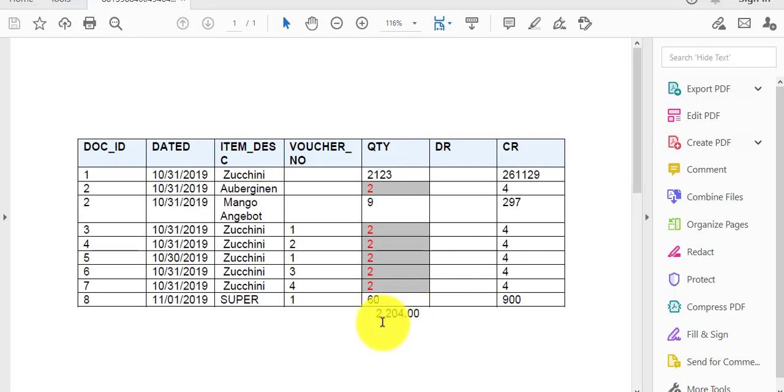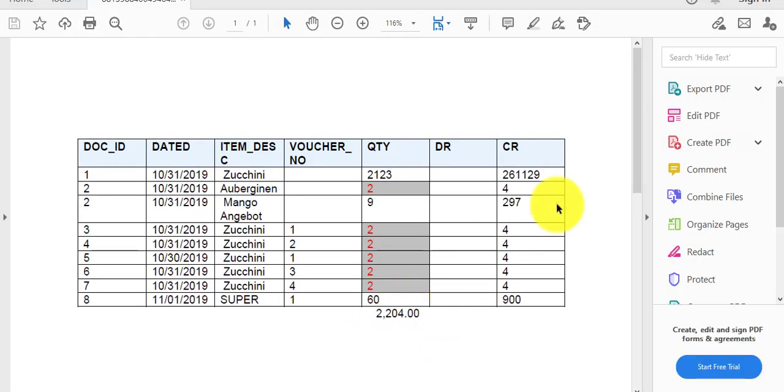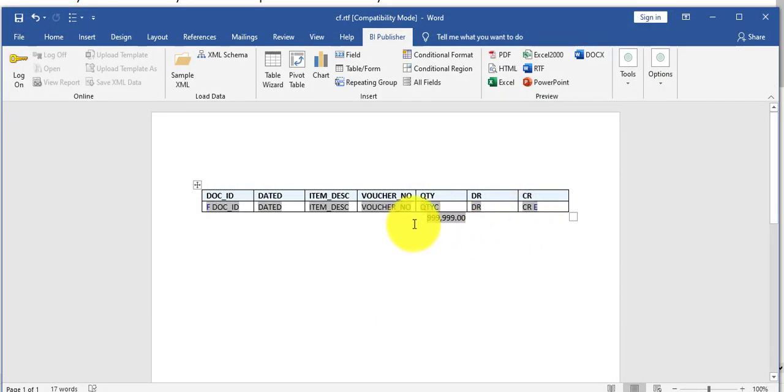You can see the total has been added at the bottom, the running total, with a caption. Preview.